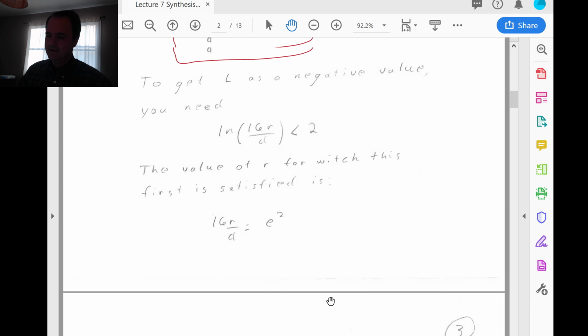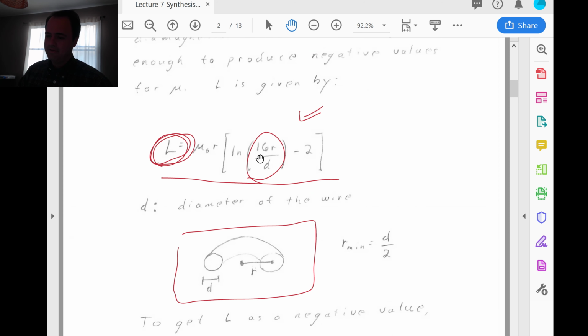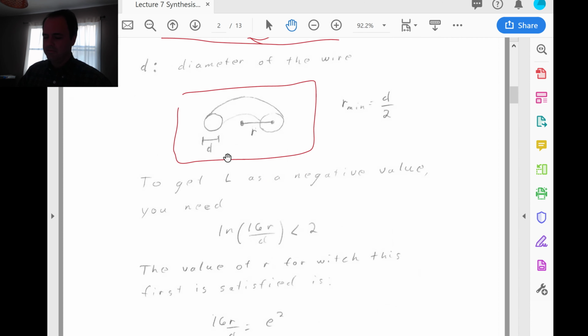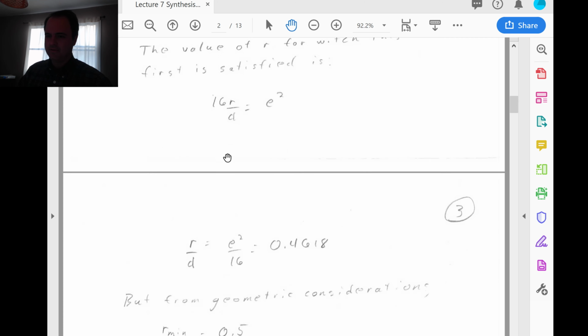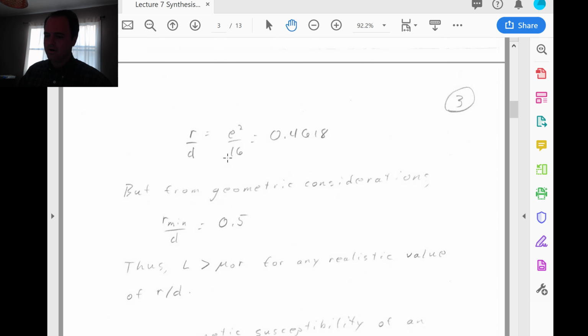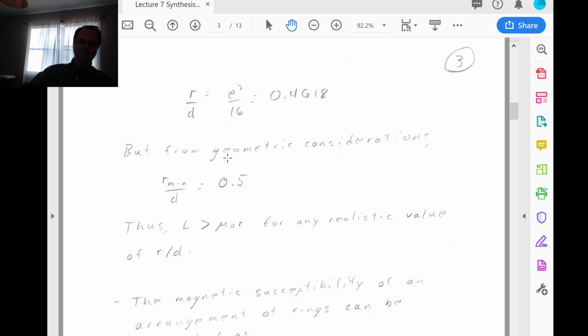And so having this entire thing as a negative value is not possible. So L will always be positive. Therefore, the mu will always be positive, and you cannot get diamagnetism, certainly strong diamagnetism, from a metal wire. It's just not possible. So L is always greater than mu naught times R for any realistic value of R